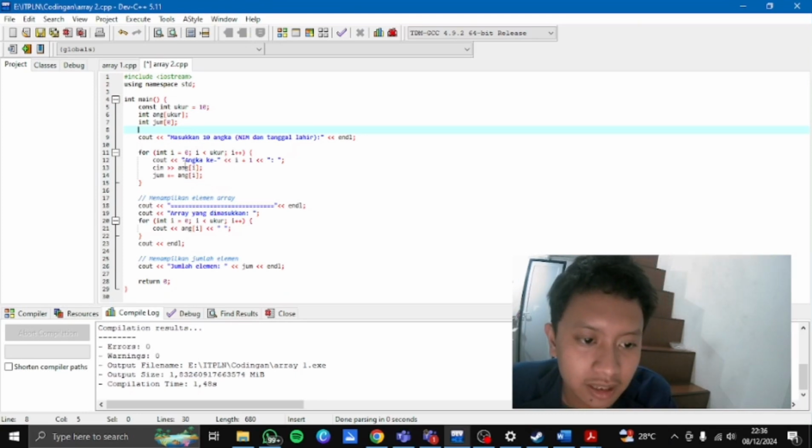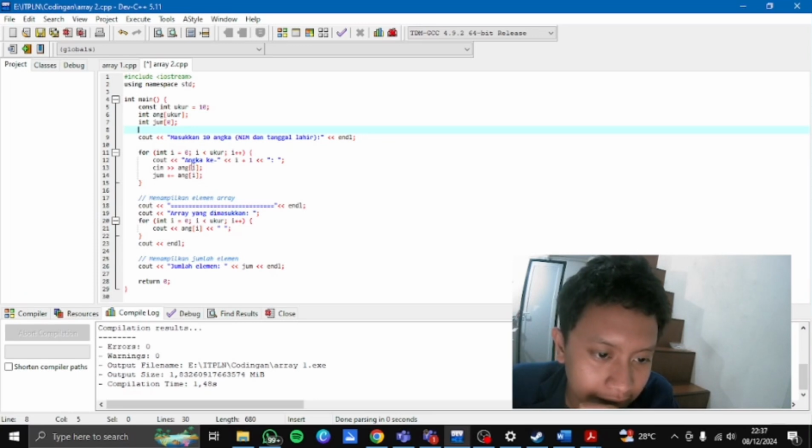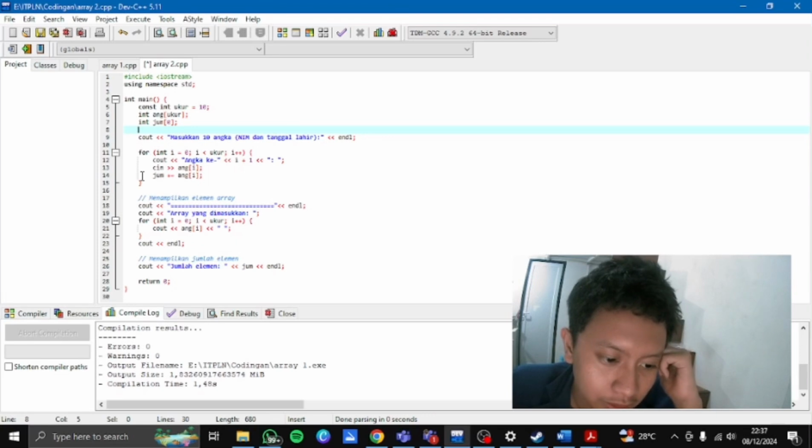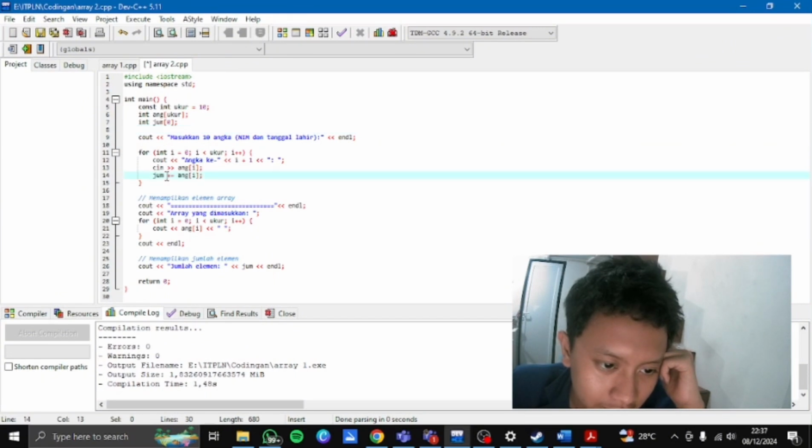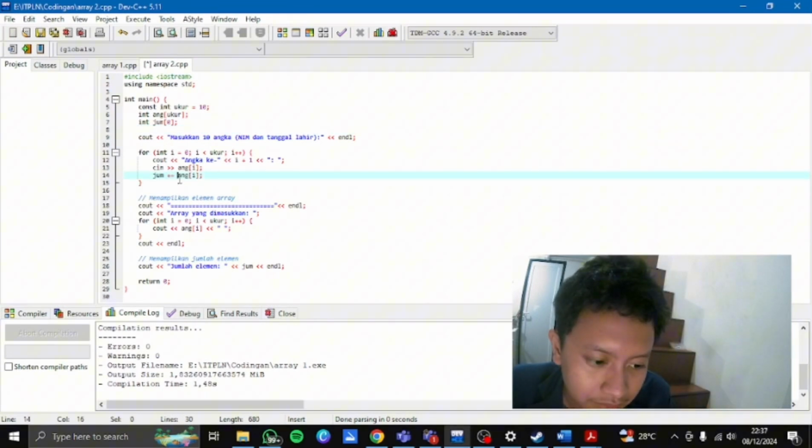And then the cin ang e reads the input from the user and stores it in the e position of the array ang. And then the jum adds the current input value to the variable jum to calculate the total sum of the elements.